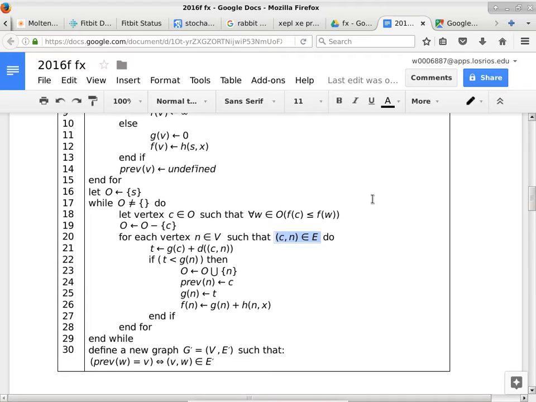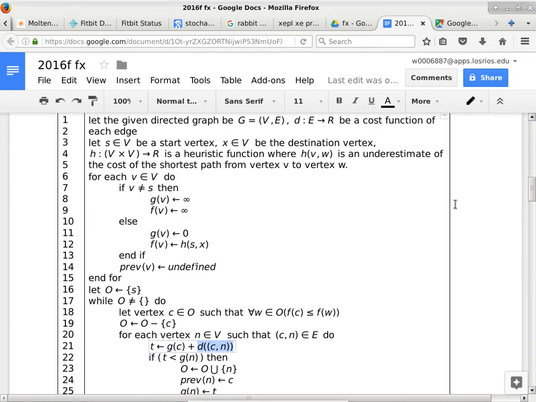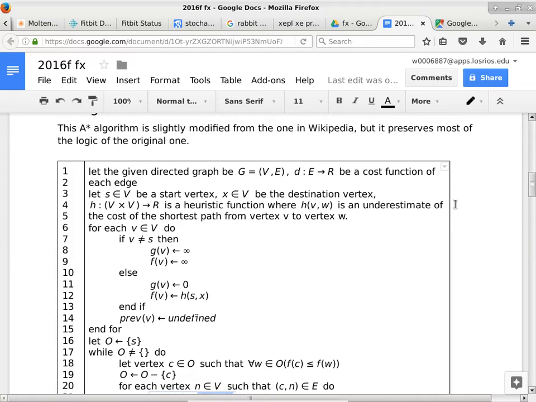So when we look at the second component of T, which is dCn, what is D again? What is that function D doing? If you scroll up a little bit, you will see that. Okay, you don't have the document, so let me scroll a little bit. I'll share the document so that you can actually see that. Look at the first line. It describes what D is. It's the cost. It's mapping the cost of an edge to real numbers. Like this edge is costing me 5 units. This edge is costing me 3 units, and so on.